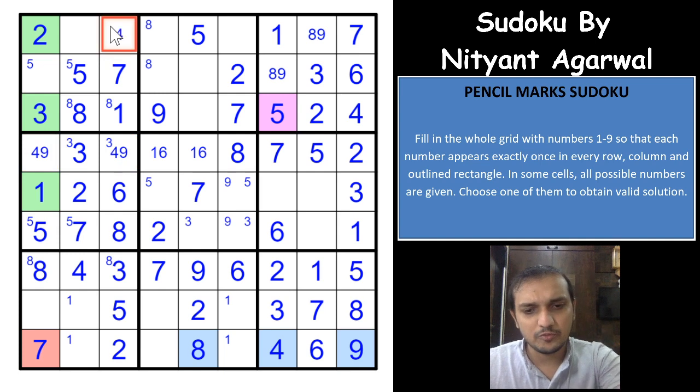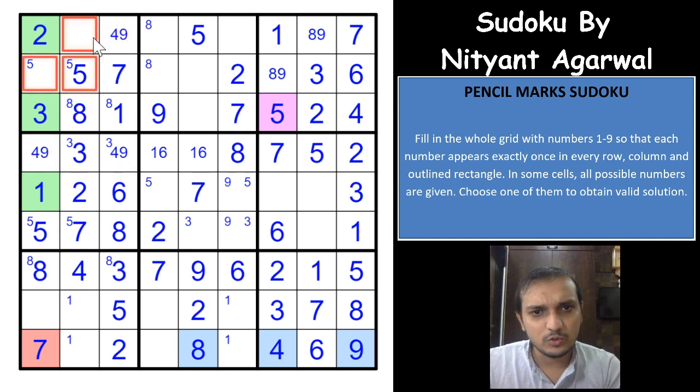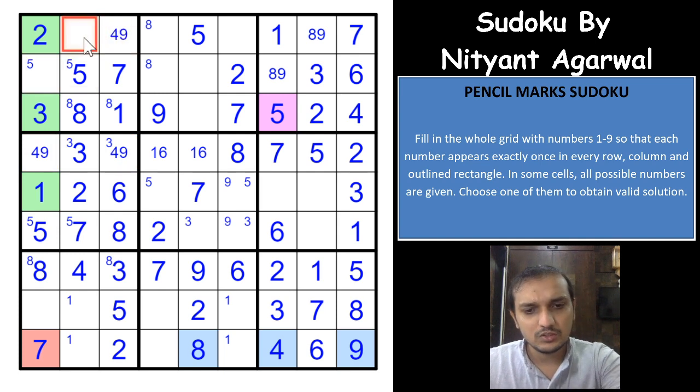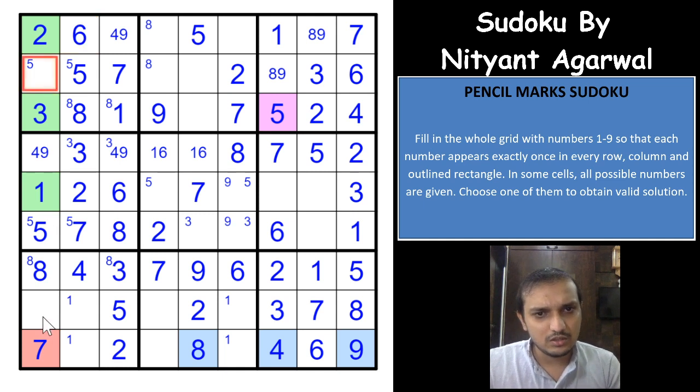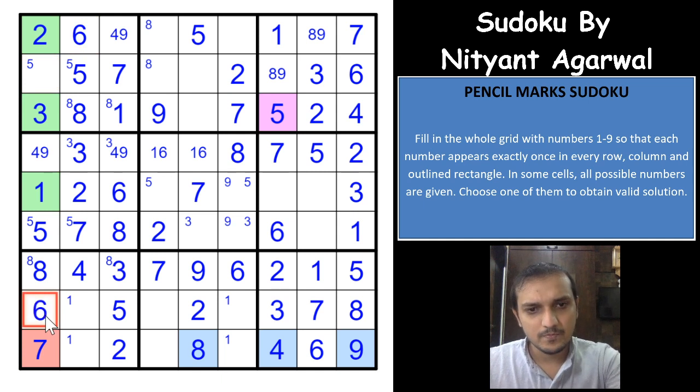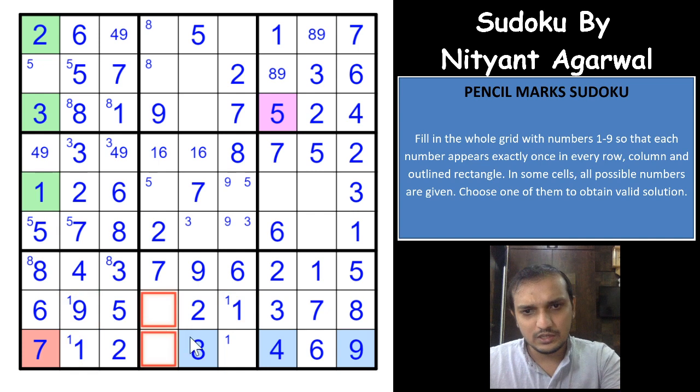This also would have to be 4 and 9, and this is 4, 6 and 9. So this would be 6, 4 and 9 here. So this would have to be 6 again. These two cells are 1 and 9. That gives you a 1 here. 3, 4 and 5. This is 4, 3 and 5, right?